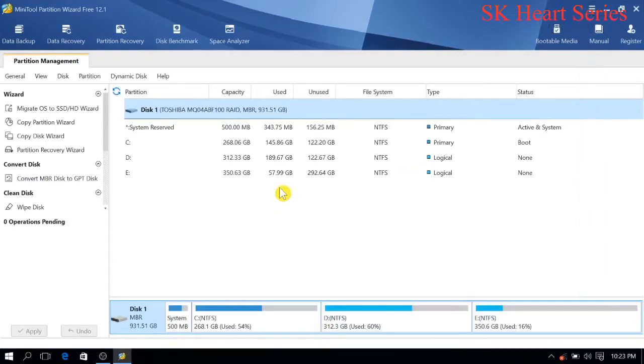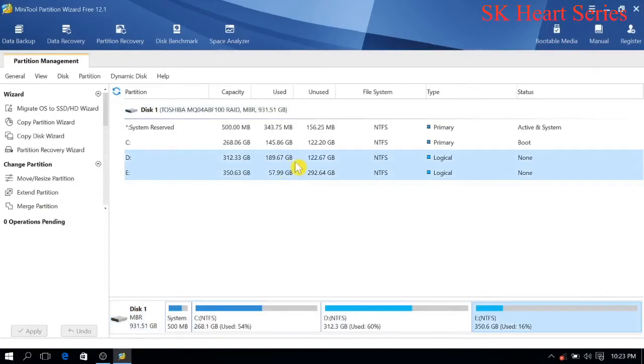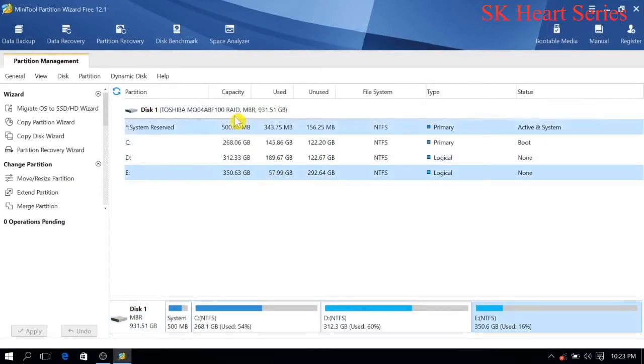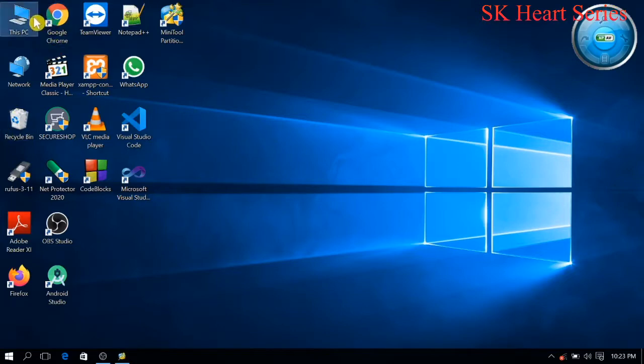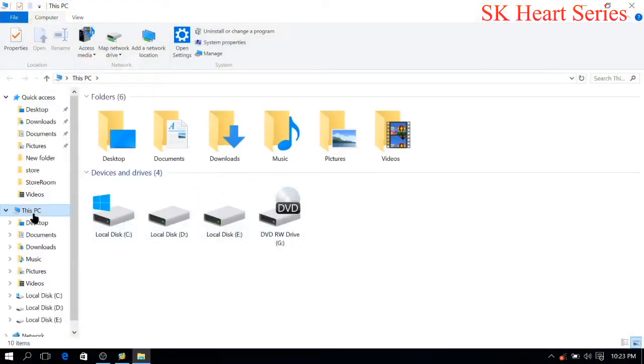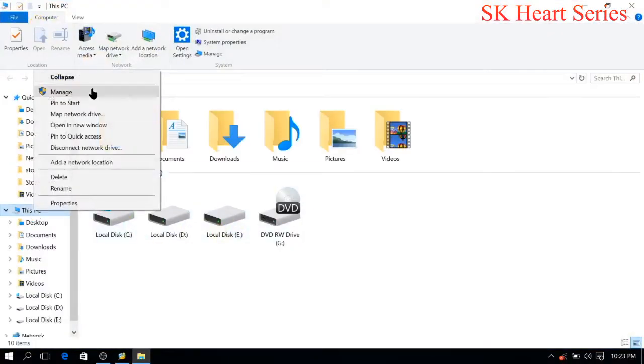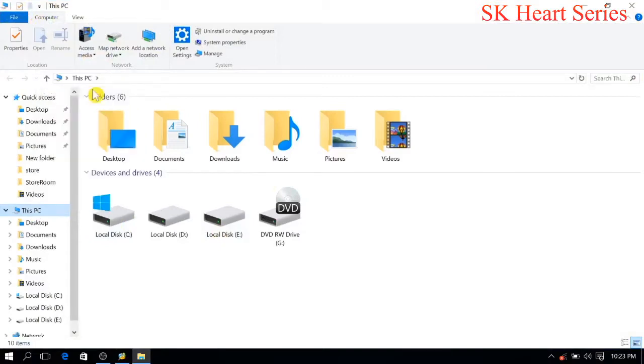Here my partitions are C, D and E. I will make a partition in the E drive, that is 350 GB. I will split it. Before that I will show you, you can go to This PC, right click and Manage. After that your